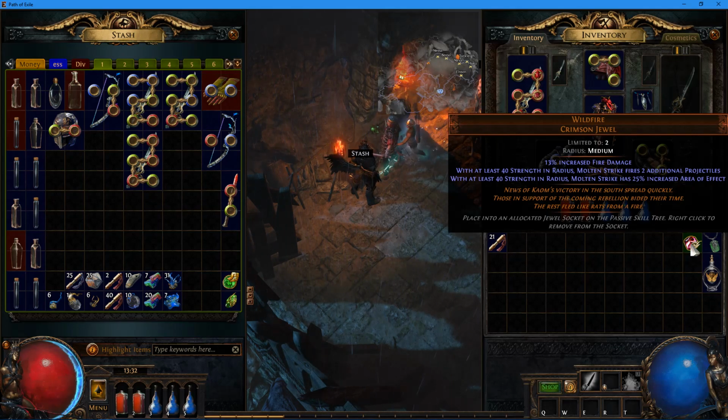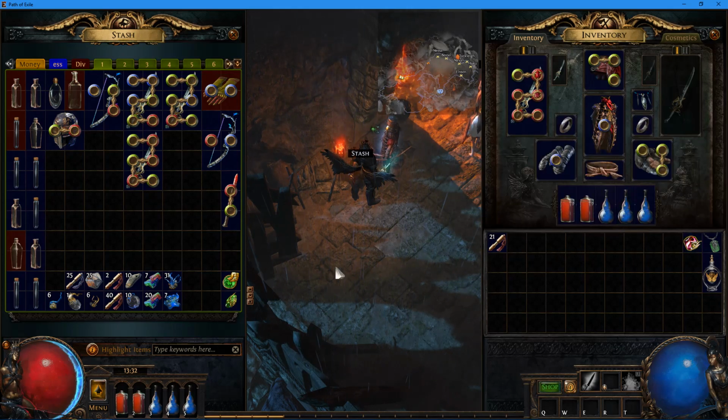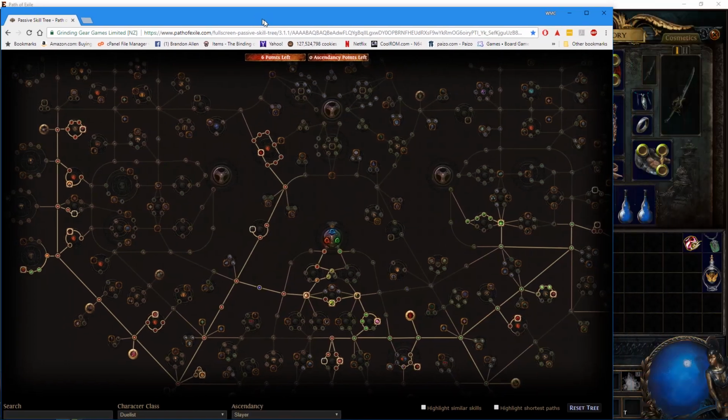In case you don't know what the Wildfire Jewel is, I think the range is 11 to 15% increased fire damage. And then with at least 40 strength in radius, we get 2 additional projectiles to our Molten Strike, and Molten Strike has 25% increased area of effect. Now, what that means is some of your balls travel further, but there's something that people seem to not be aware of, and that's how well